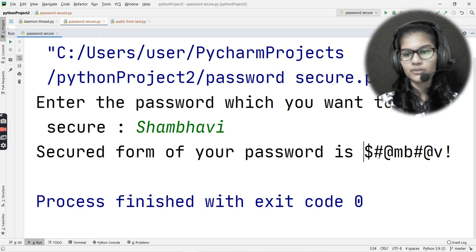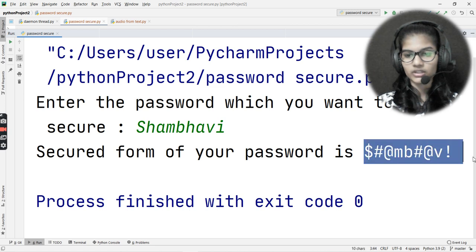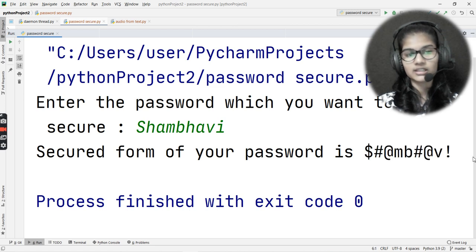Now, I don't think it would be very difficult for you to remember this password. No, it won't be, right? Because it's a simple one. All of the characters are actually matching here. What you just need to do is give it a little bit of attention, and that will do your work, right? This is what you need to do here, right?